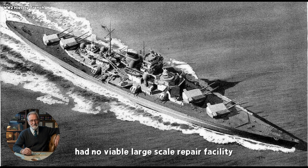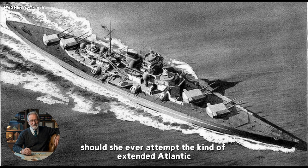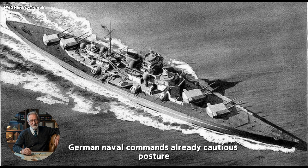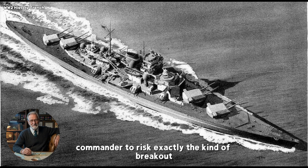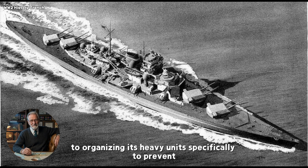viable large-scale repair facility available anywhere on the French Atlantic coast should she ever attempt the kind of extended Atlantic sortie Bismarck had undertaken, a consideration that reinforced rather than created German naval command's already cautious posture, but that removed one of the few remaining strategic options that might otherwise have tempted a more aggressive commander to risk exactly the kind of breakout the Royal Navy had spent the entirety of 1941 and 1940 organising its heavy units specifically